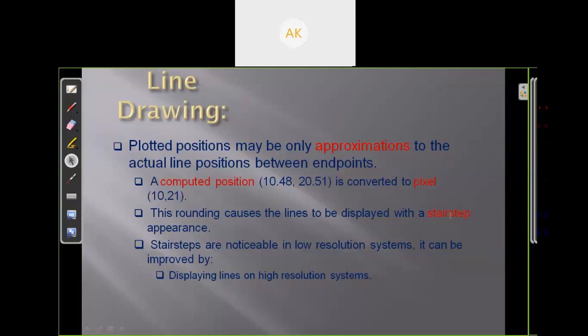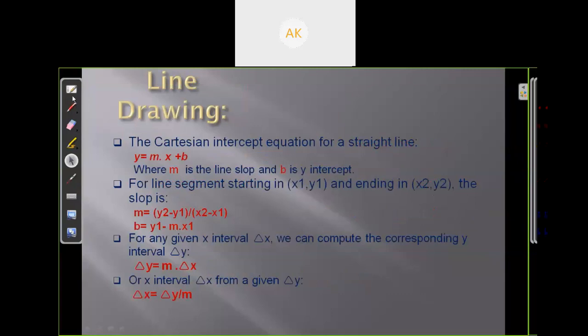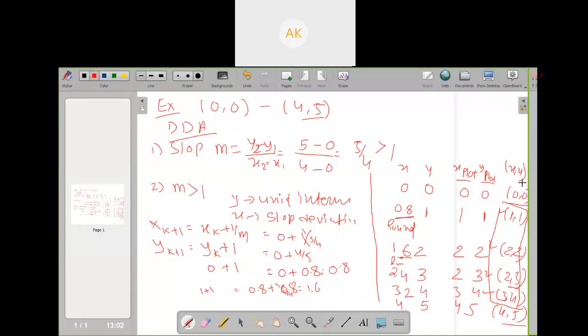How to find plot value? Okay. How to find the plot value? You are asking how to plot. How to find the plot values when you calculate the value of x and y. If your value of x, y is floating point or real value, then apply the round function and convert this value into integer value, because your screen has integer number of vertical lines and horizontal lines. There are no point values. There are two lines, 1 and 2. There is no line between 1 and 2. There is no line 1.5, 1.6, 1.7. There are only integer number of lines.